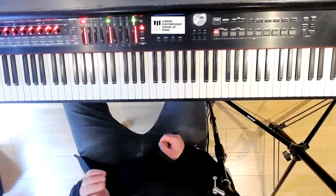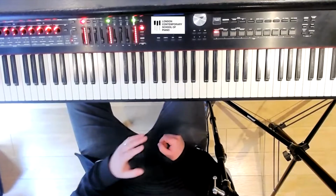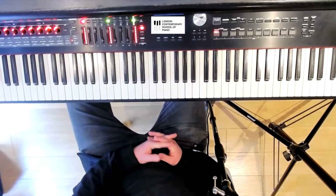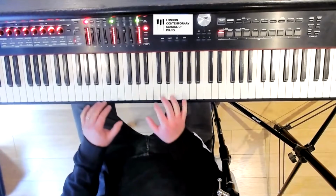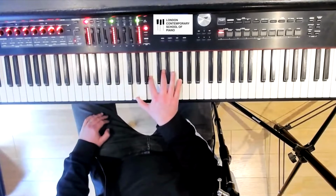So, on to the classic tune, Bennie and the Jets. Before I run through the piece, I just want to show you the famous part of the song, the piano riff that everyone knows and enjoys. And I think just to give you a little bit of instant gratification before we get into the nitty-gritty of the tune. So this song is based on two wonderful chords, G major 7